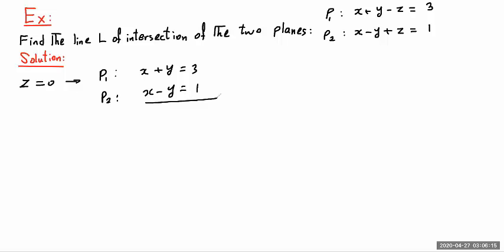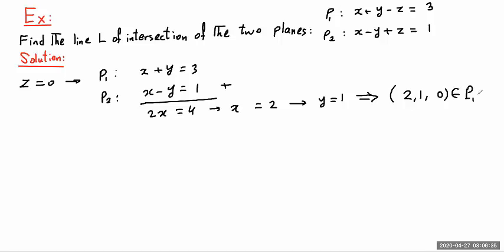So by addition, you will have 2x equal 4. So x equal 2 and y equal 1. So we have this point x 2, y 1, z 0 that exists on B1 and on B2, on the intersection of B1 and B2. This is the first step. Second step, let's find a vector